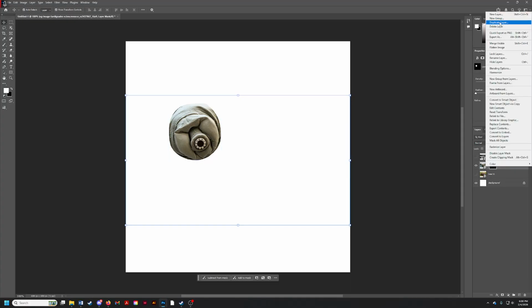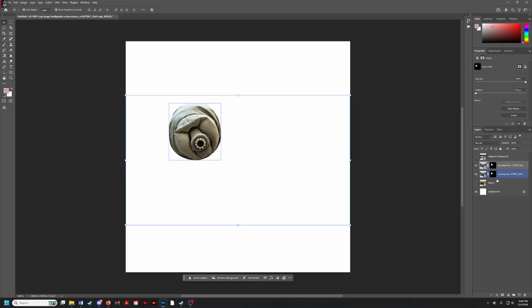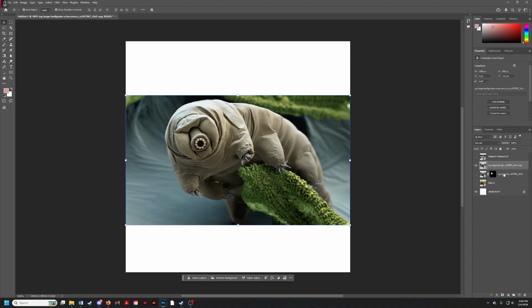Okay, so we're going to just duplicate this layer and hide the mask that we just made. We're going to go to Delete Layer Mask over here in the Layers panel, and we're going to start over with another masking method. Another way you can do this is with a quick mask, or it's the, let's see,